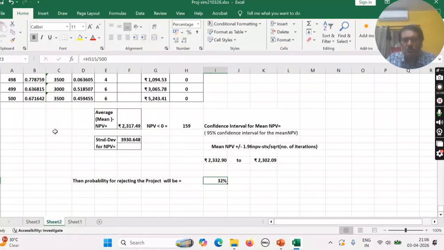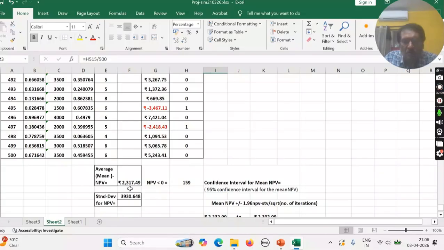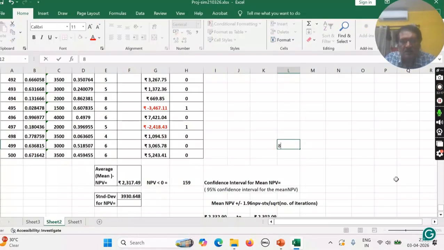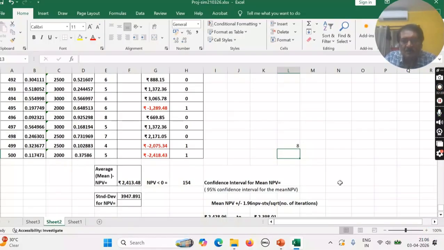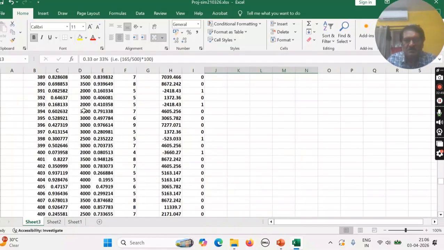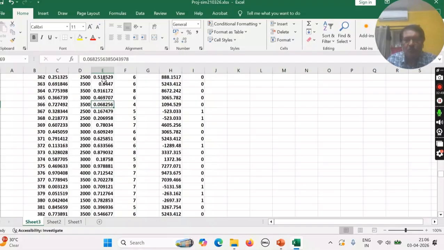Again, I am going to show you sheet 2, how it will change. Here your average value is 2317. Suppose you strike any value here, you will see this average value will change, 2300 and 2413. Why? Because the random number automatically has been changed. Then what will you do for calculations? It is advisable you save all the values without formula, only value mode, to another sheet 3. Here you can check there is no formula. That is, if you strike here, it will not change. For any particular combination, you will get this.